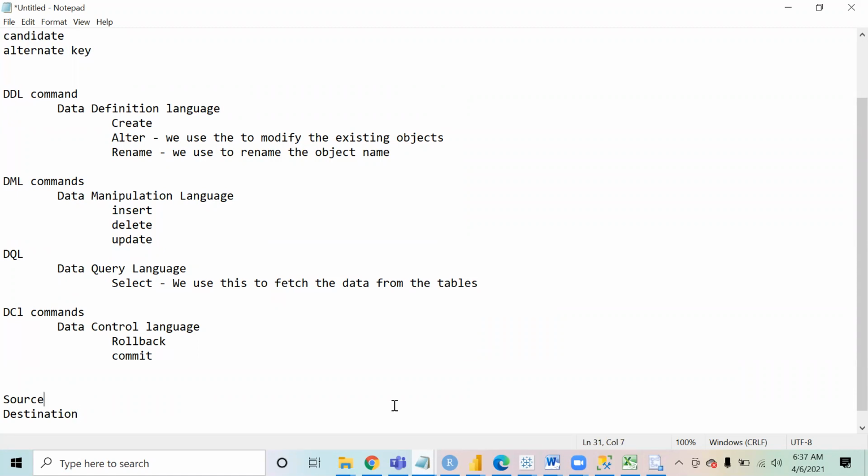Source means the location from where we want to load the data, and destination is the location where we want to store the data.